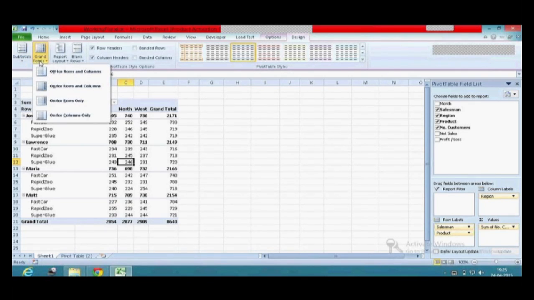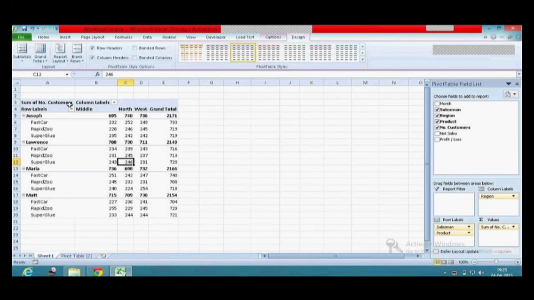You can say on for all rows and columns, on for rows only, on for columns only. So I'm going to say I just need the column wise total. I don't need the row wise total. Or I just need the rows only. Now I don't have the column wise total, I just have the row wise total. If you want both, you can select this option, on for rows and columns. This is for the grand total.